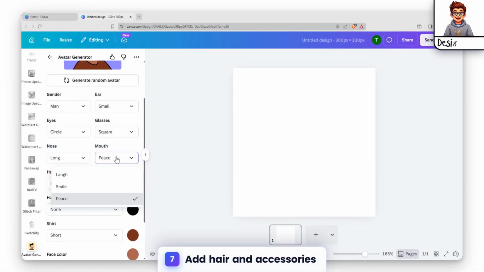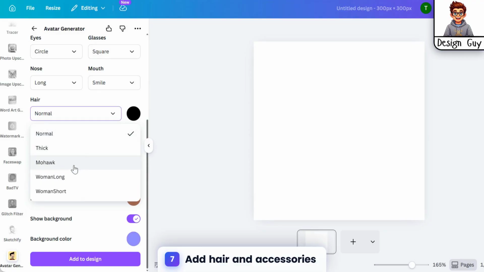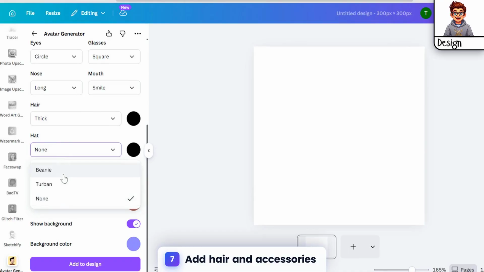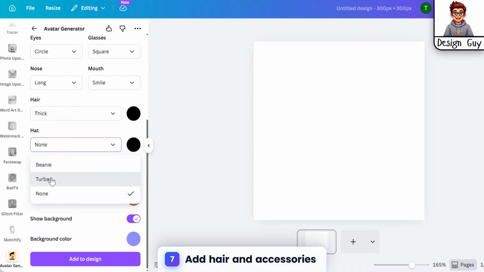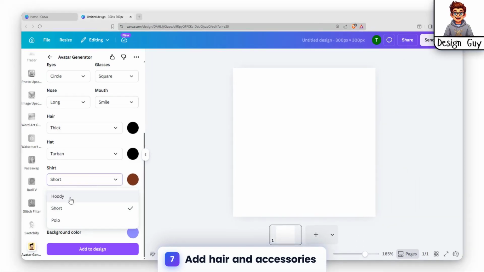Select the nose smile option. Choose the thick style and apply it. Next, select the bun hairstyle. Finally, add a hoodie to complete the look. This customization allows you to personalize your character's appearance with simple choices, enhancing its unique style easily and quickly within